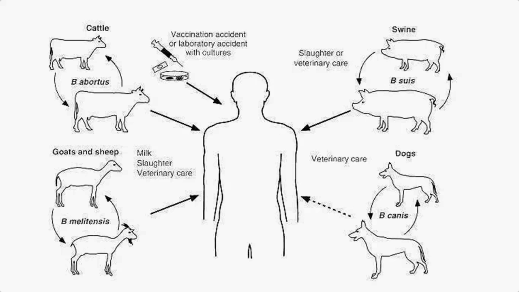Then the second is foodborne. There is direct contact, and second is animal byproducts, by ingestion of raw milk or dairy products. In goats and sheep, there is milk, or slaughtering them and eating their meat undercooked, which is infected meat. That will also cause an intestinal infection. Then products of Brucella abortus, mainly the placenta and vaginal secretions, whatever comes into contact with the human, will lead to infection. And the other mode of infection is airborne.